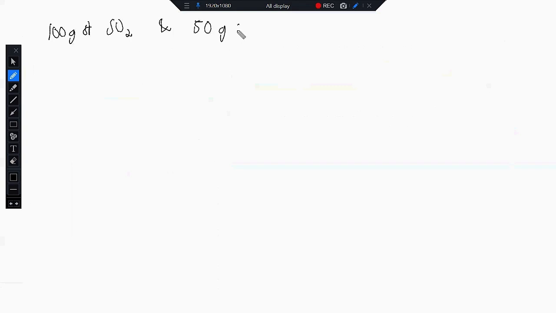Okay, so note, we are given 100 gram of SO2 and 50 gram of O2. Now to calculate the number of moles of SO2, it's just simply mass over the molar mass. Now the mass is 100. And then what is the molar mass of SO2? We know that sulfur, according to our periodic table, is 32. And then oxygen is 16. So that's 2 times 16. Now, when you do all of that, you will get 64, right? And then 100 divided by 64, that's